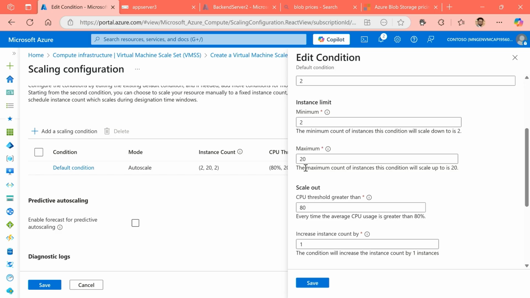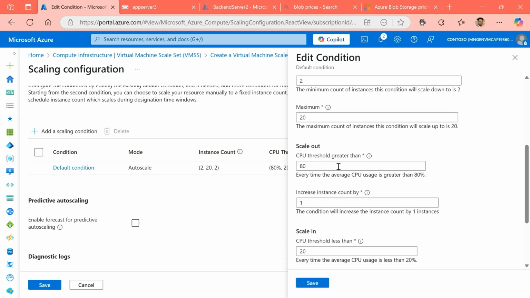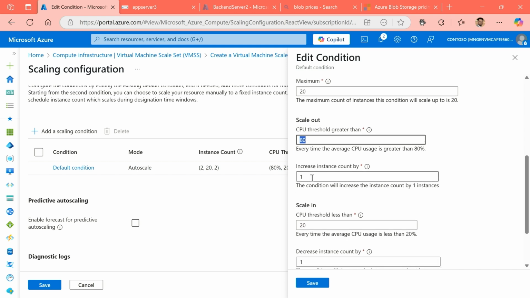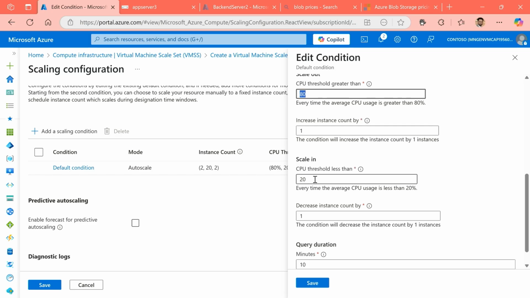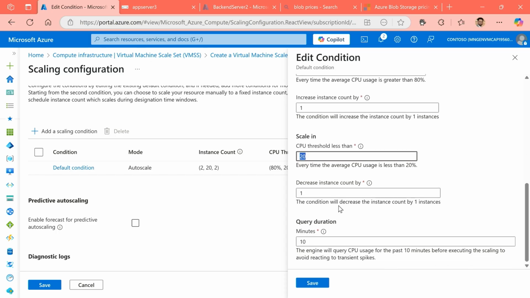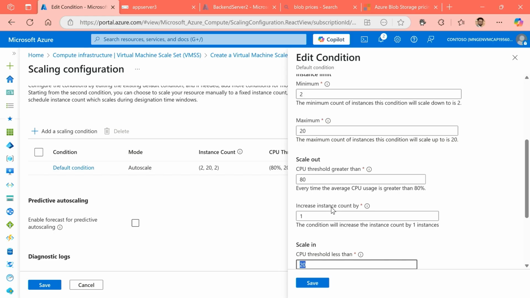However, if you look at the screen, the current setup that I have is giving me a restriction of up to maximum 20 machines to scale up, and that's something down to the configuration that I currently have. Now, if I scroll further down, it gives me options for how it should scale out. Things like if my CPU usage is at an 80% use, again, for a period of time, then it should scale out. And if it is at a 20% use for a period of time, then it should scale down. And I can look at creating some of these details and defining other metrics to this as well.